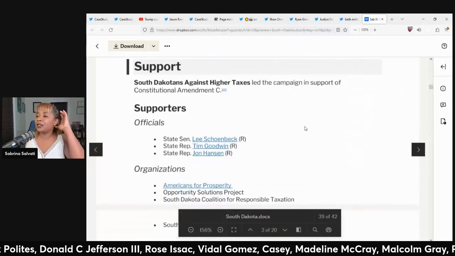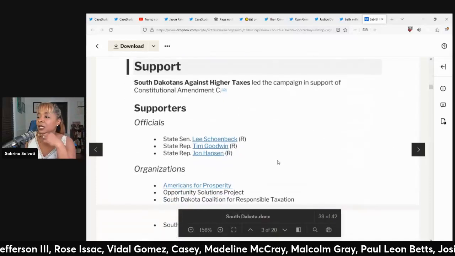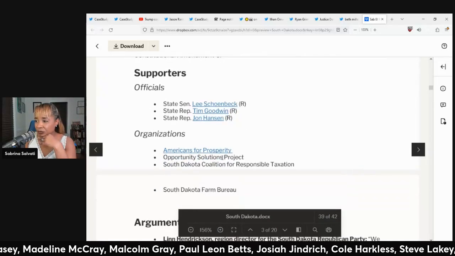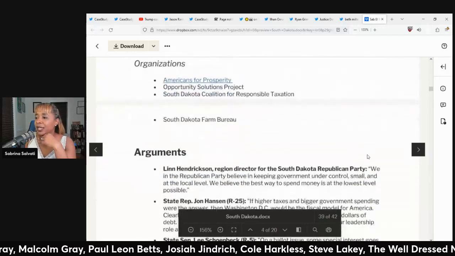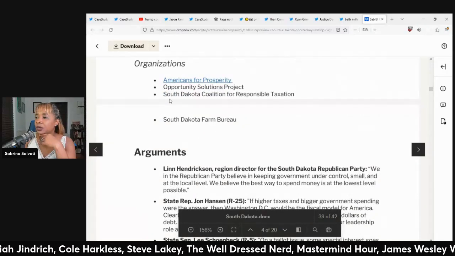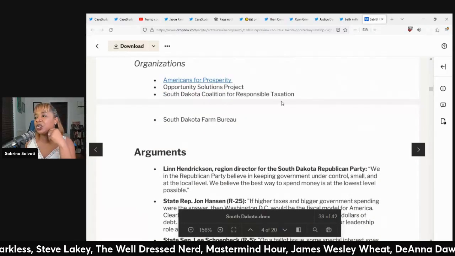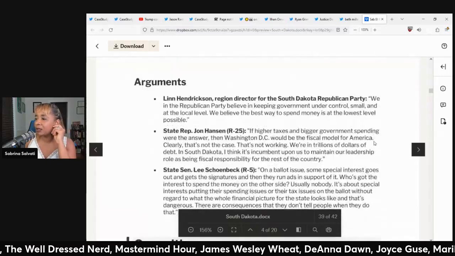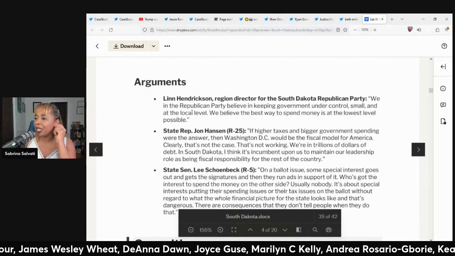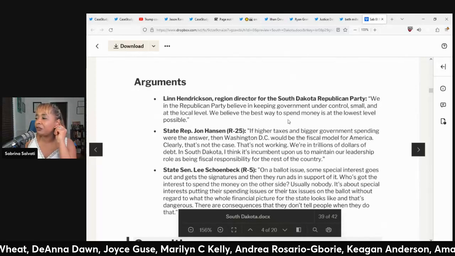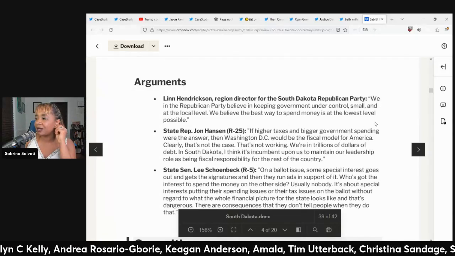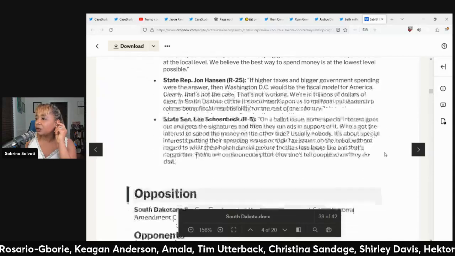Who supported this? Republican representatives, Senator Schoenbeck, Representatives Goodwin and Hanson. Organizations: Americans for Prosperity, South Dakota Farm Bureau, South Dakota Coalition for Responsible Taxation and Opportunity Solutions Project. One of the arguments was we in the Republican Party believe in keeping government under control, small and at the local level. We believe the best way to spend money is at the lowest level possible. Well, that did not